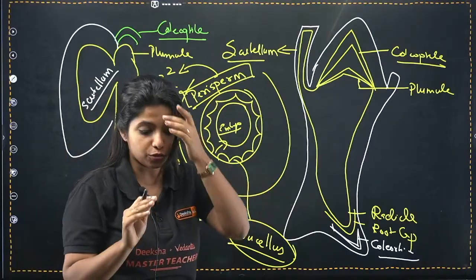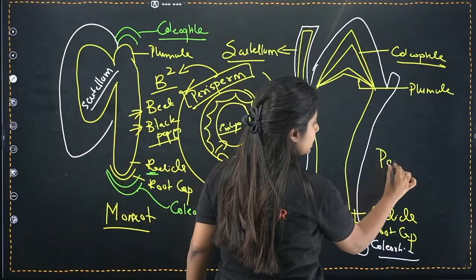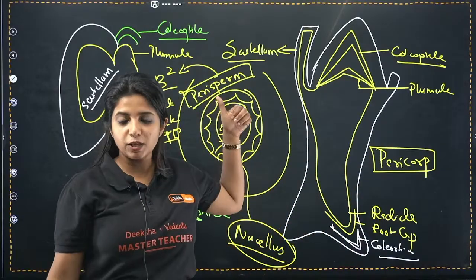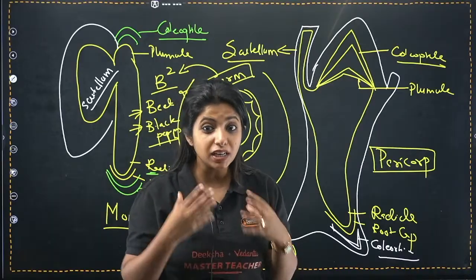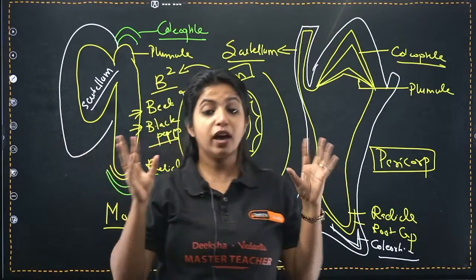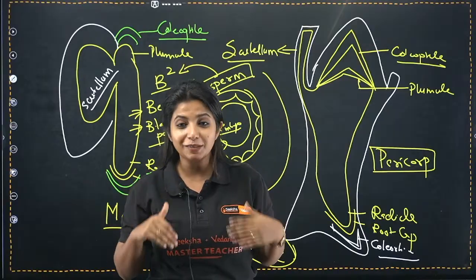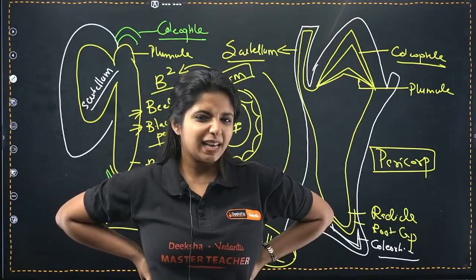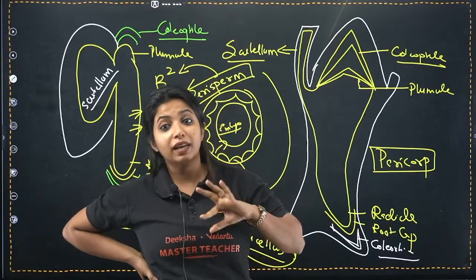Now listen to me. There is one more term which can confuse you, and that is pericarp. Does anyone have any idea what you mean by pericarp? You know perisperm, I just spoke about it. Do you have any idea about pericarp? Have you heard about it before? If you have not, say no, ma'am. If you have, give me the answer. It's okay if you say no, because that's my duty anyway. I have to teach you this. Perisperm, we know. Pericarp is something we should know, because in your second PUC examination, they ask you the difference between pericarp and perisperm.